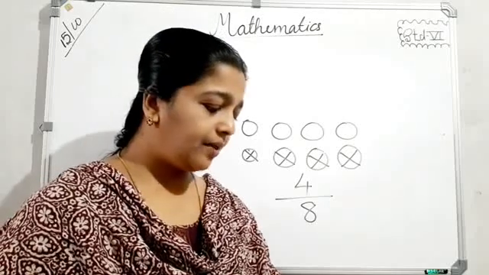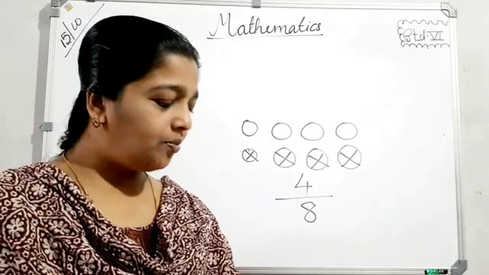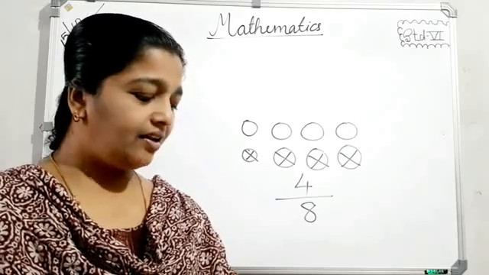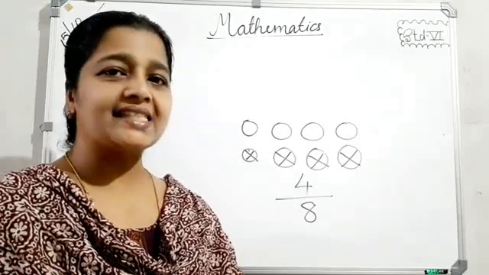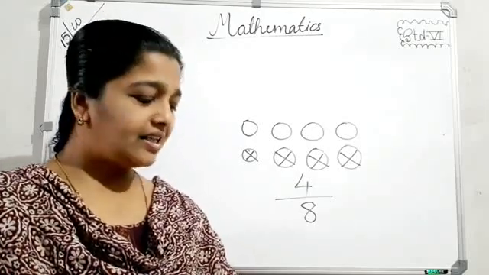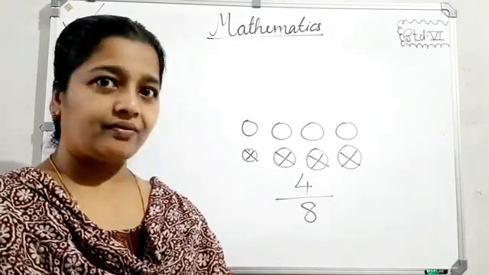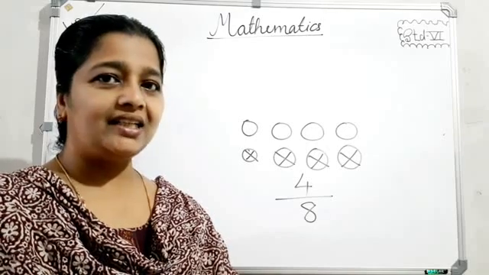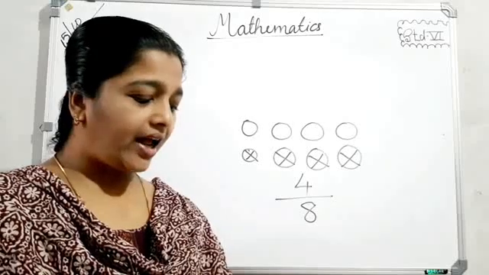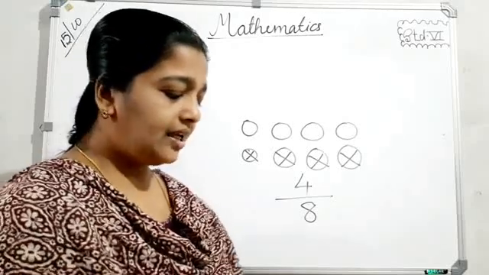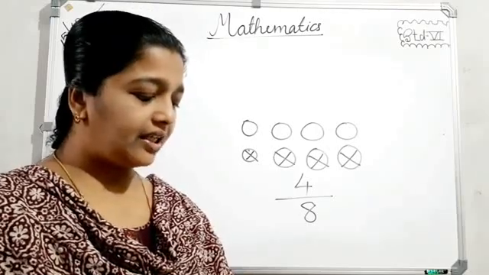Christine received a CD player for her birthday. Then she bought 3 CDs and received 5 others as gifts. So Christine bought how many CDs? 3. And then she got how many as gifts? 5. So the total number of CDs she had is 8, that is 3 plus 5. Understand? What fraction of the total CDs did she buy and what fraction did she receive as gifts?